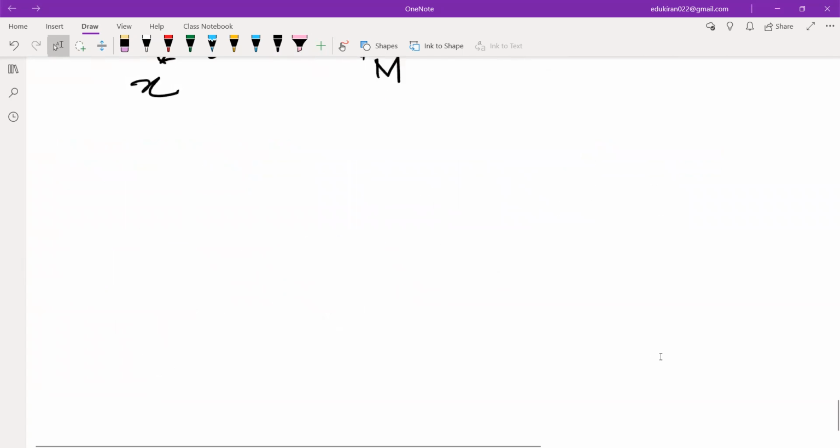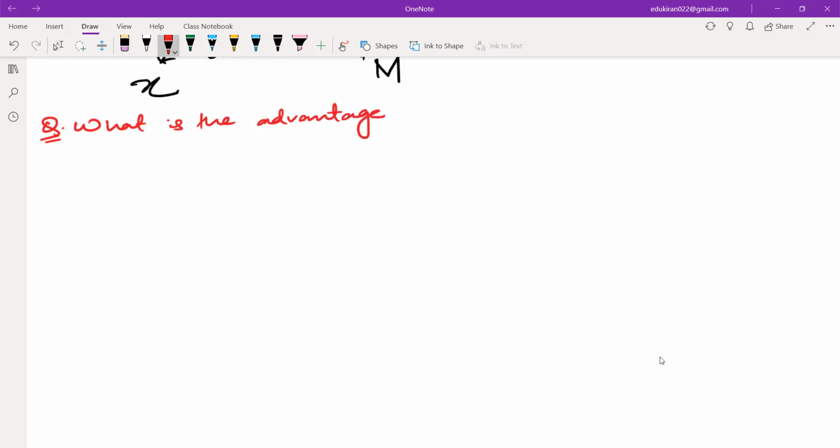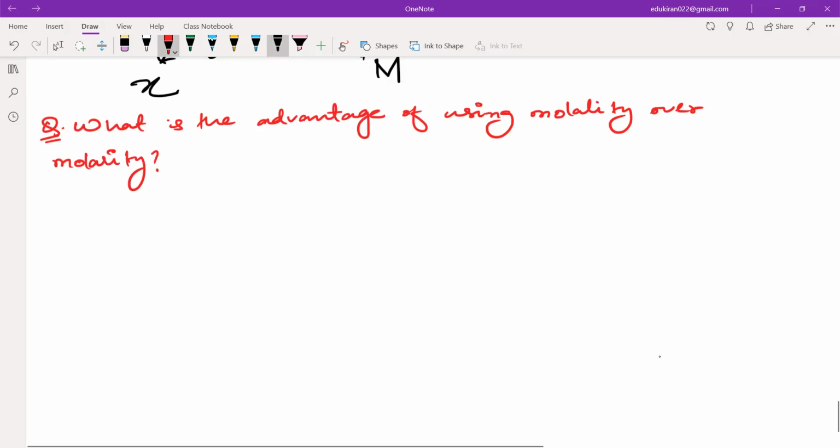Now write one question here. What is the advantage of using molality over molarity? Please listen very carefully, then after that you will write. The reason is, we will write the reason, then we will explain the reason. So molality